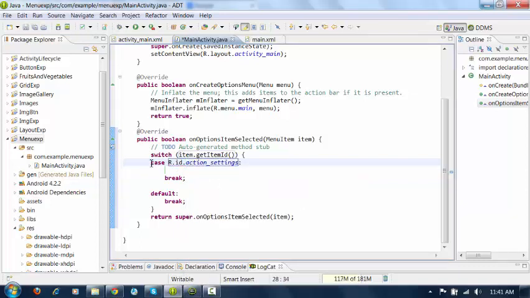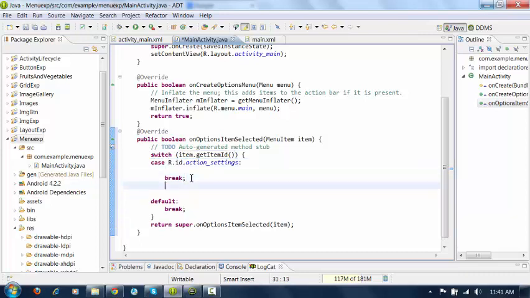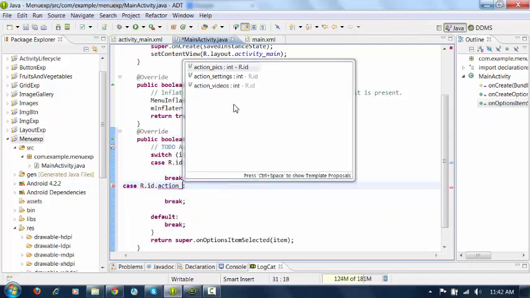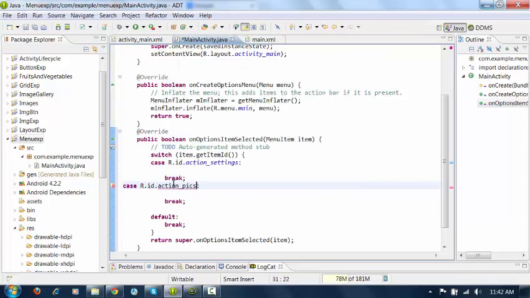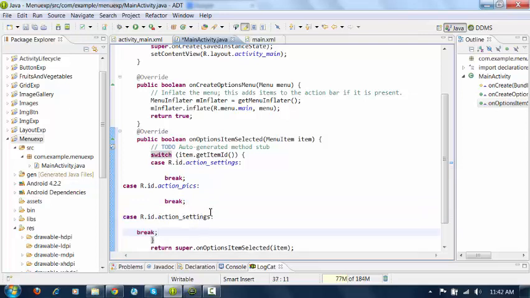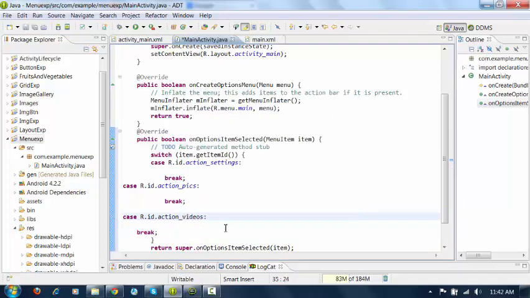In the same way I will add one more case. Here you can see the second item is pics. And default you can use it here itself. If you are confused with the default, I will remove default and add one more case, action underscore videos.